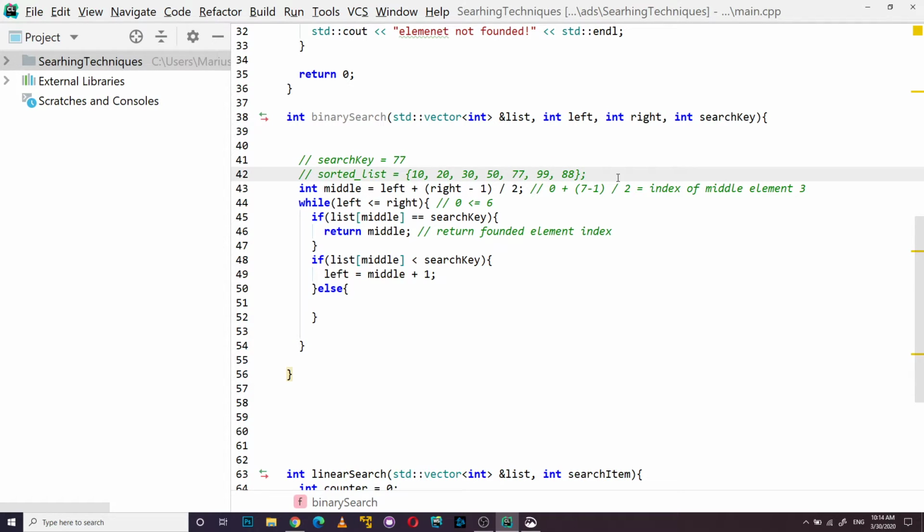After the first iteration, as you see, our 50 is the middle element and we're searching 77. 50 is less than 77. True? Yes, it's true. And if it's true, we take the right sub list,